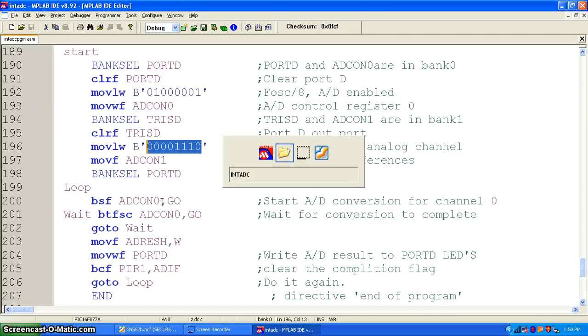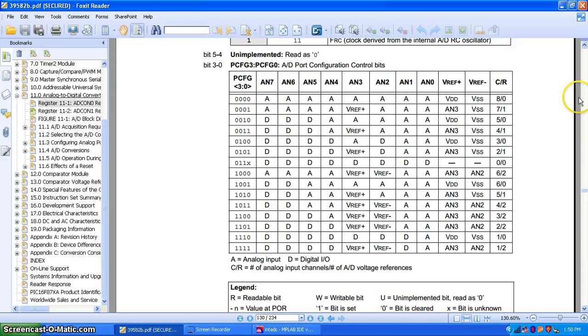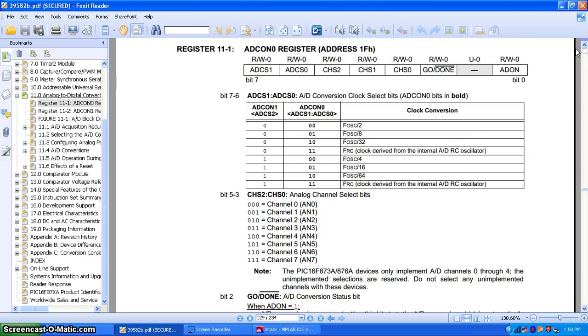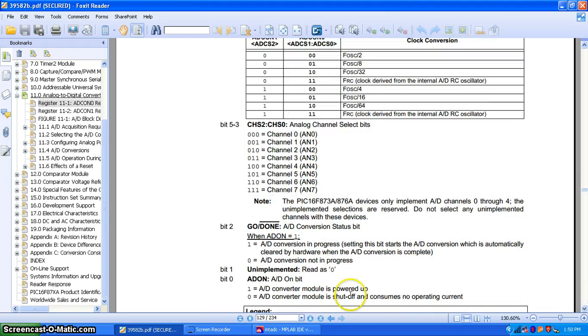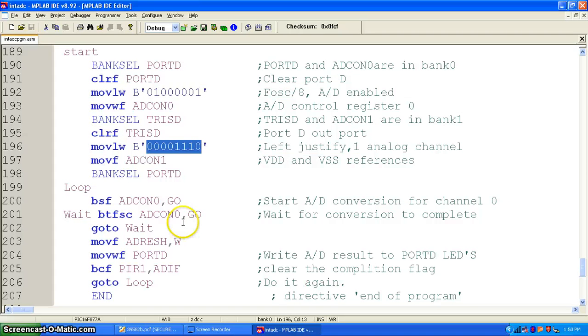So what happens because of this is, if I set ADCON 0 bit number 0, it is just to enable this particular ADC module itself. So if I make this ADCON 0 bit set, then it turns on the ADC module. So the ADC module is powered up. Okay, so next what I do is